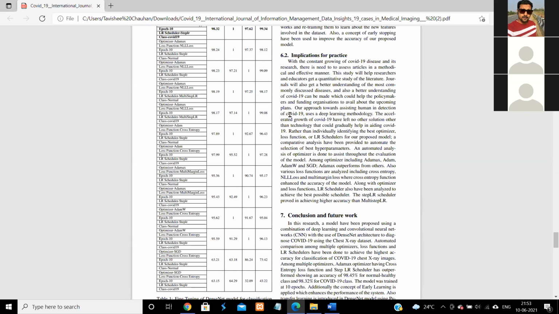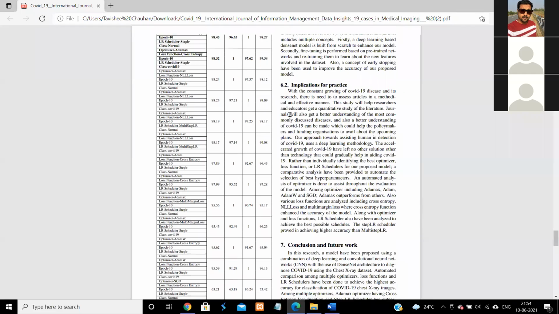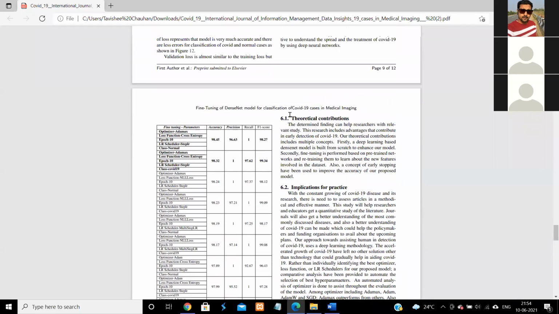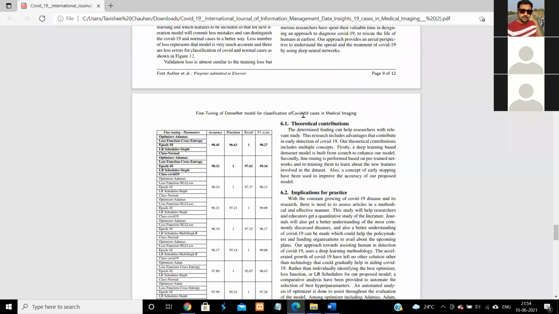So basically, as the name suggests, implications of practice means if you utilize this, how it is going to help, right? And even for the other researchers, what are the important things that we are looking upon? Is what we are talking about here. And before this 6.2, if you see 6.1, it typically speaks about what is the theoretical contribution that we are